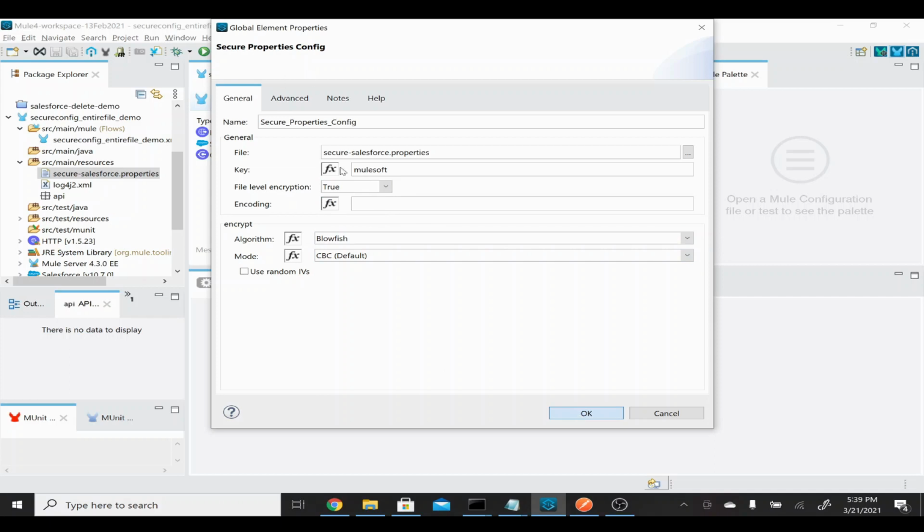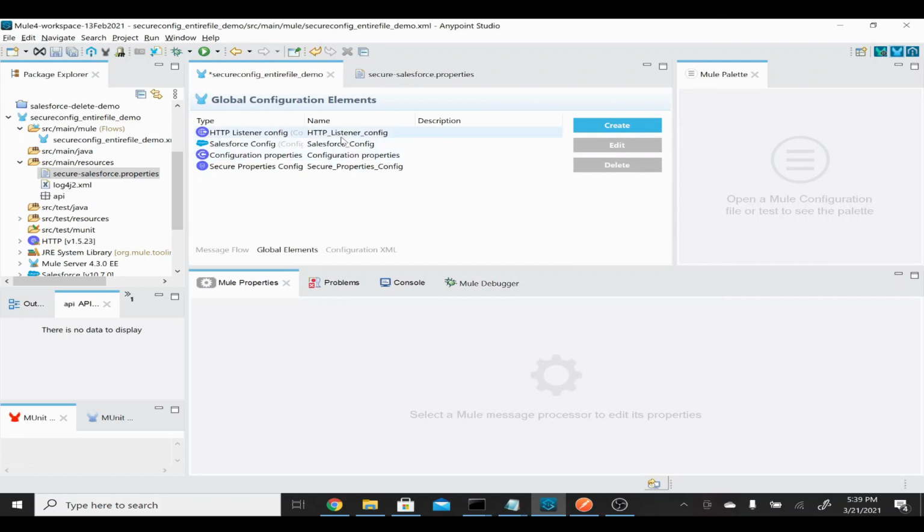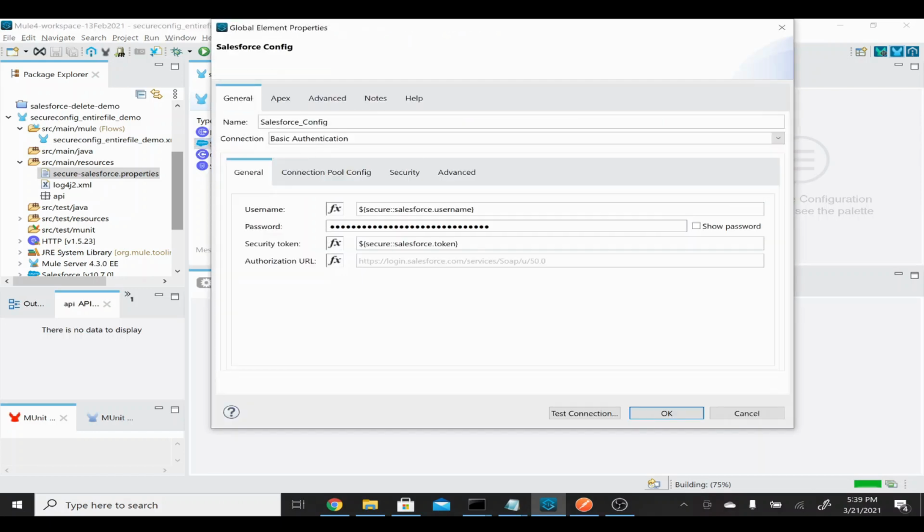So now we have given an instruction to our Mule application to tell how to decrypt this particular file. Okay, so now we have given all the information in this particular file. Now I'm going to save this one, and now for our configuration it will use this file. Okay, I'll just go to message flow, because here earlier we did the Salesforce configuration file. Okay, this is our connector, still it will use this one only.